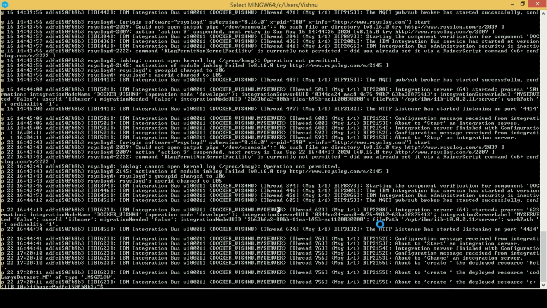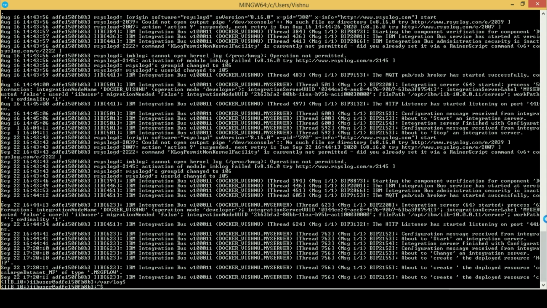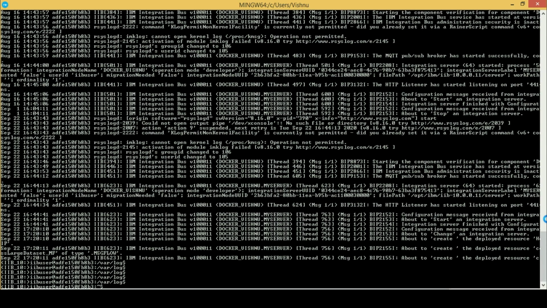You should see some entry which says tried to change the configuration, was unable to change the configuration, the process shut down immediately, something like this. Focus on that.